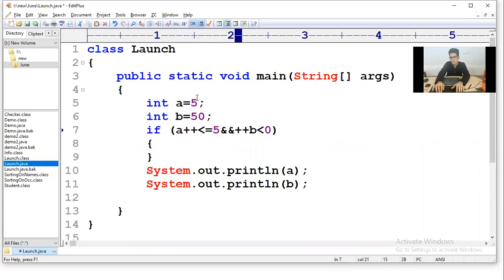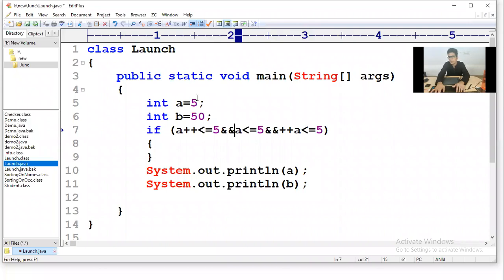So here, plus plus A value, is it less than or equals to 5, and A plus plus?